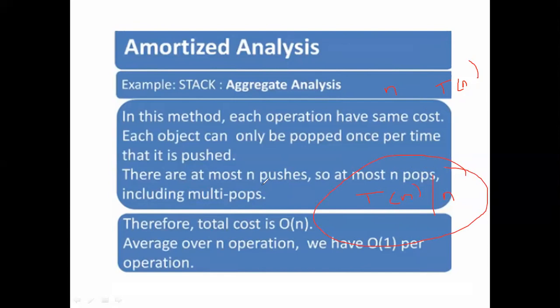A common example we are taking, as already told, is the stack. Stack is a linear data structure. All know that it has two constant time operations, that is push, which pushes the element into the stack, and pop, which takes the top element of the stack, removes it and returns it. These operations are both in constant time. So for a total of n operations, the time taken is big O of n. Already told you big O of n.